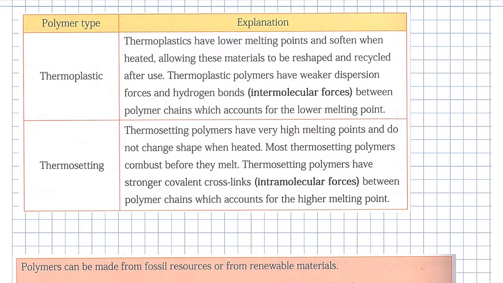The other type, the thermoset, have really high melting points. So they don't change their shape when they heat. They char and burn, and they don't ever really get into that molten state. So you can see most thermosetting polymers combust before they melt. Following on from that, they must have covalent bonds as their cross links,